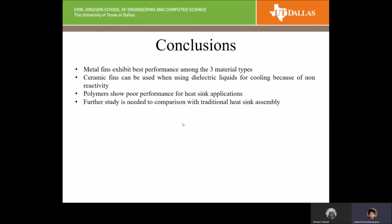So our conclusion is that metals offer the best performance for the three materials that we assumed. It's really useful and advantageous as we can manufacture complex and high aspect ratio pin fins, and we can directly 3D print it on top of the die. Ceramics can offer promise as we can use them for liquid cooling applications, especially when we use dielectric liquids and they might corrode the metals, but ceramics can be used in such cases, and polymers are really not a good